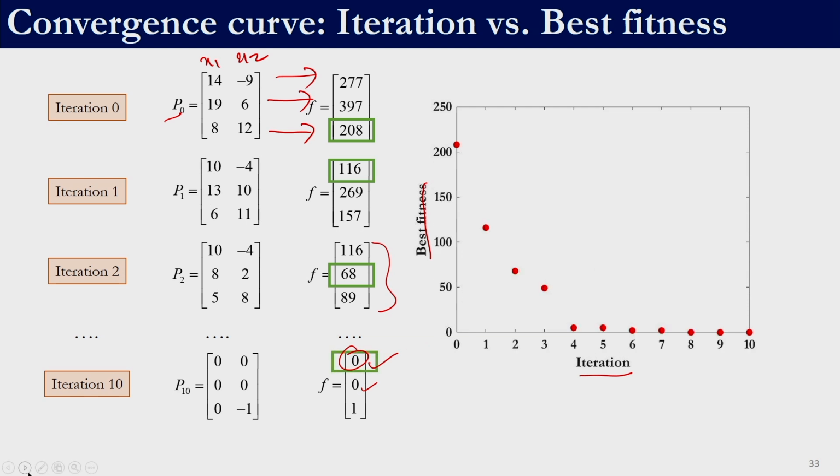So, this will look something like this. This is called the convergence curve. This curve shows you that as iterations progressed, how much improvement we were able to make in the objective function value. In this case, it seems to have converged to the global optimum, right. There is not much change, or at least no visible change, in those three values. So, this curve tells us the performance of the algorithm as iteration proceeds, how we are improving in terms of the best solution that we have.